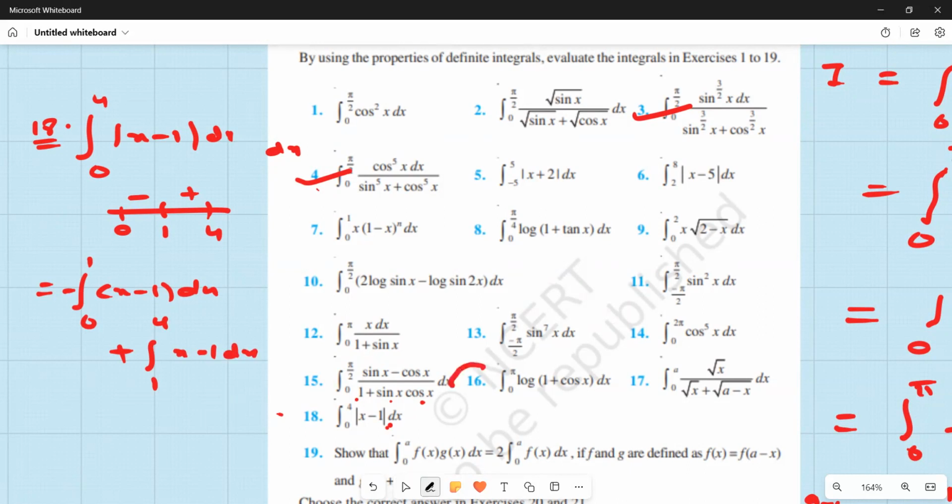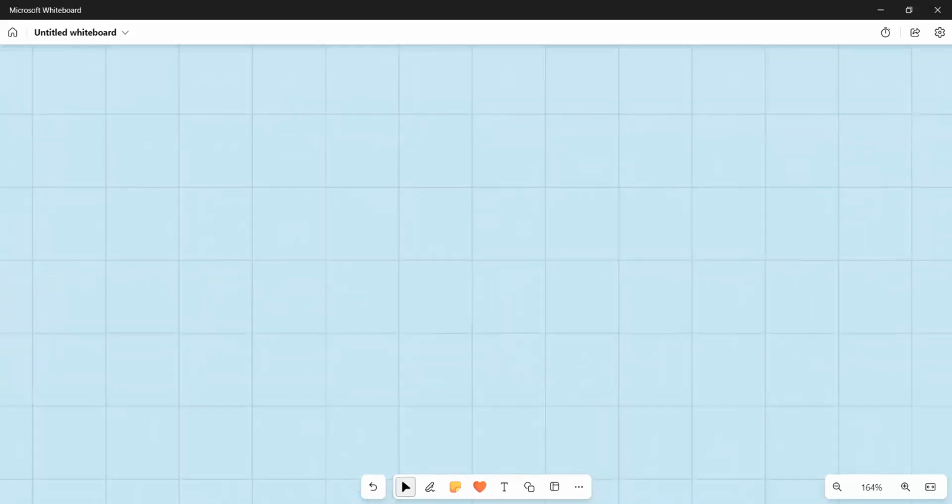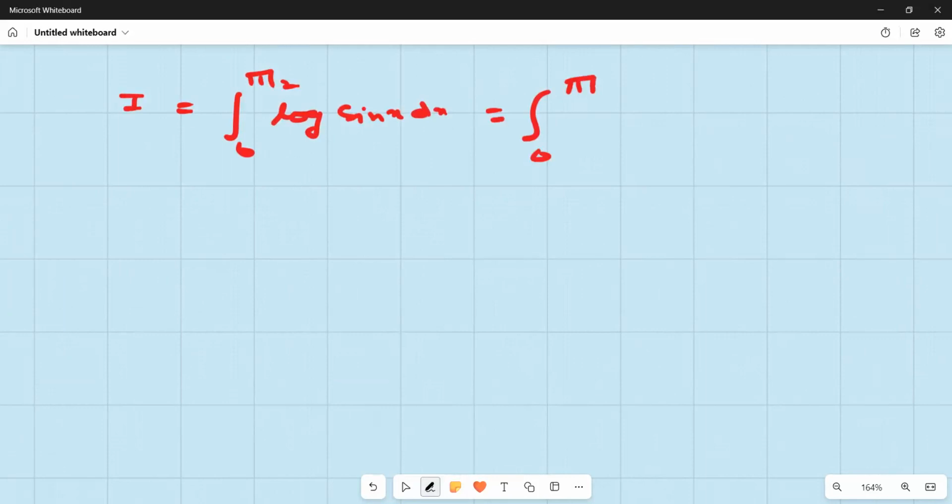Now for doing this question number 6, I need to explain to you the example of log sin x. What is that? If you check the last example of this exercise in your NCERT book, that is the integral from 0 to pi by 2 of log sin x. So what will we do? First we will put the property. Integral from 0 to pi by 2 of log sin (pi by 2 minus x) will be cos x, no? Understood now? If I put pi by 2